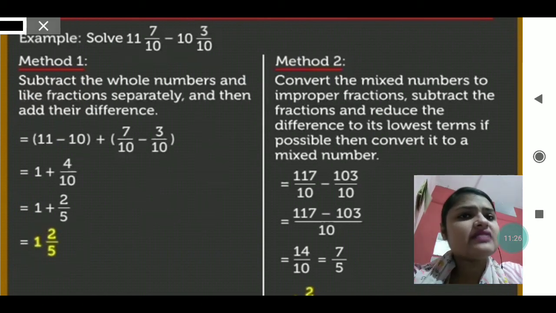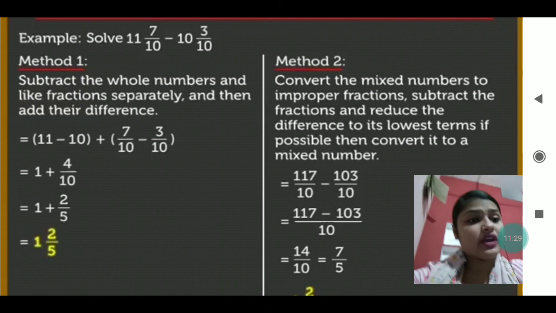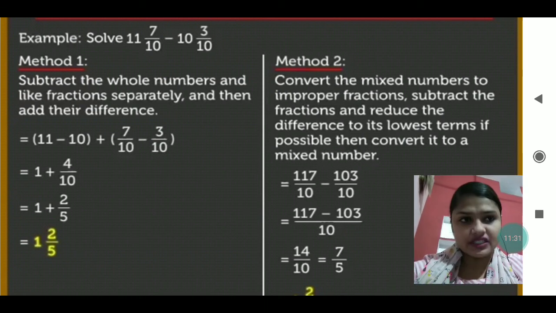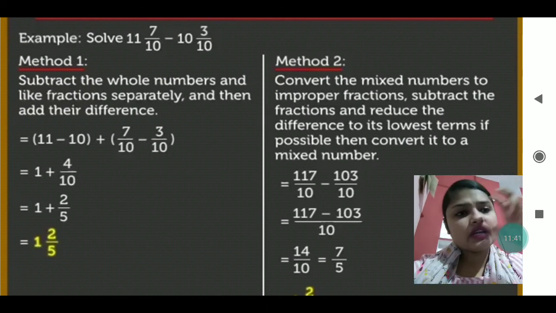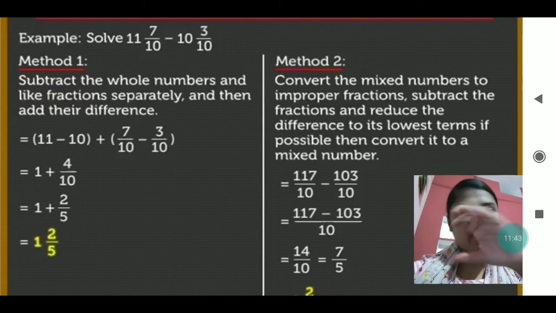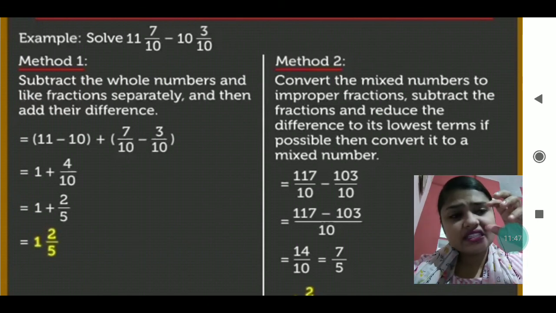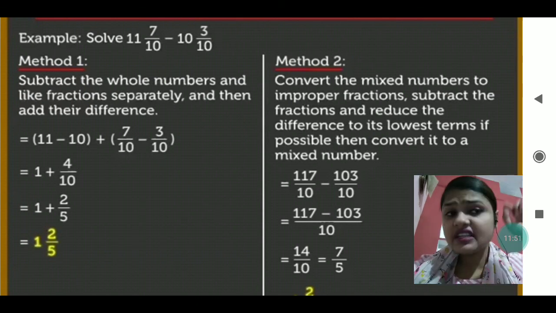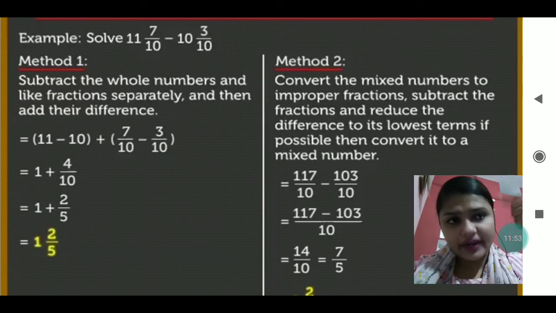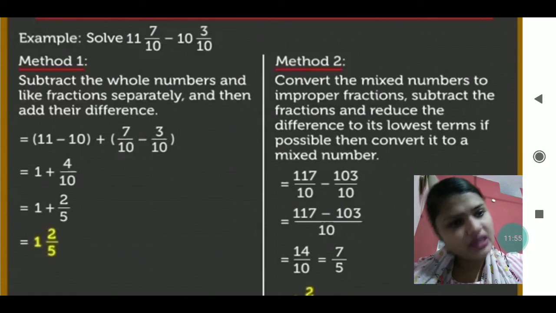Okay, so these were the two ways in which you can subtract like fractions. First, convert it into an improper fraction, take the common denominator, and then subtract both the numbers; then also it is correct. Otherwise, you can subtract the whole numbers together and the fractions together. Then you just see if it is in its lowest term, you will leave it there only, but if it is not in its lowest term, you will try to convert it into the lowest term.